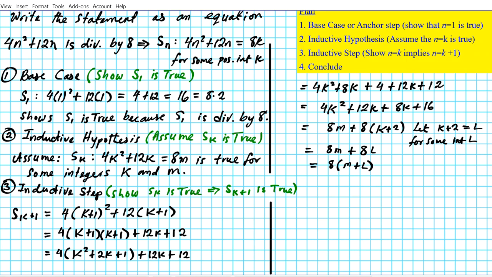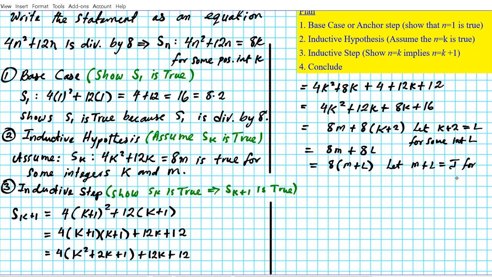Now we stated earlier that integers are closed under addition and subtraction. They are also closed under multiplication, but when it comes to division, not so much. So when we're adding two integers, we know that we're also going to get an integer. If you add two positive integers, you always end up with a positive integer. So we can make another substitution here. How about we replace m plus L with some integer, let's say j. So let m plus L equal j